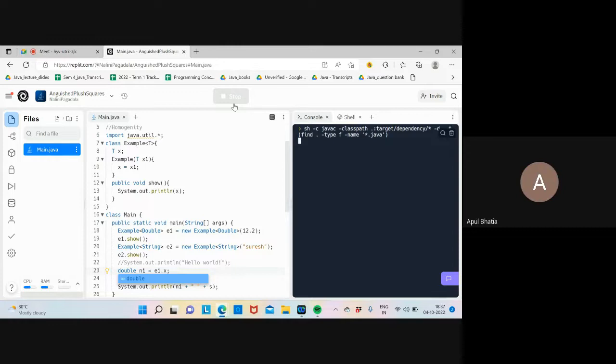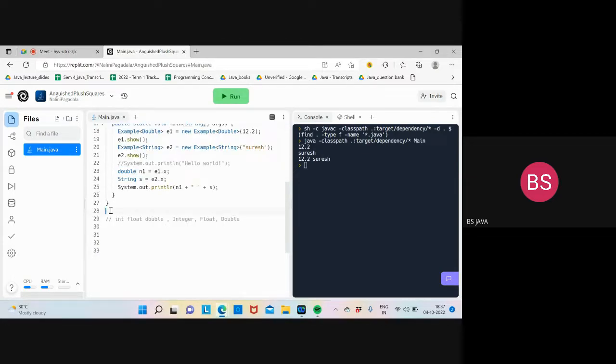Is it clear? Why do we do all this? I will tell why we do this. I am going to collections to understand this. So you have a list. You want your list to be homogeneous. That means you want your list to store only integers, or let us take strings. Your lists are basically generic, so if you say ArrayList,